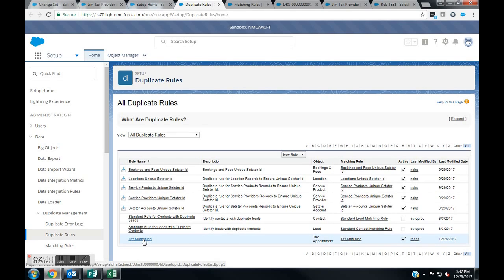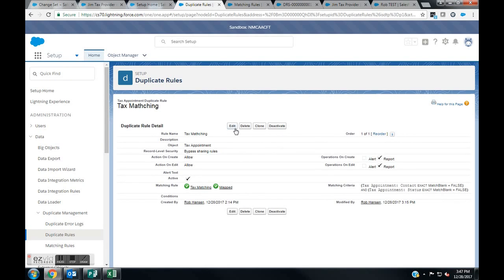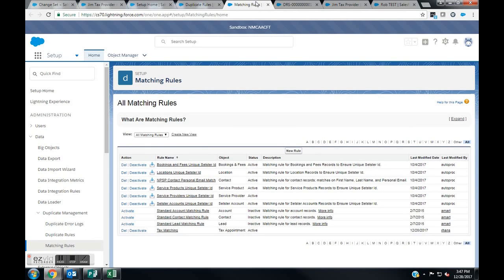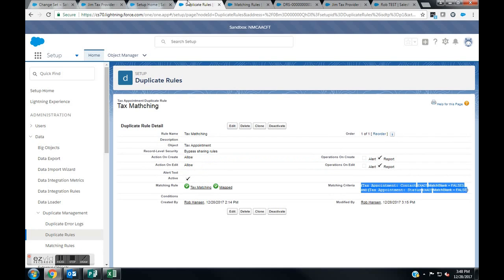Basically, I just wanted to know if the contact IDs were identical. We already have matching rules in place for duplicate contacts, so if I have someone with a first and last name that's the same, or two people with an email that's the same, I already get this report, and this is something I stay on top of pretty regularly. And then also, we have the matching rule, which uses the criteria. But if we look at the duplicate rule again,